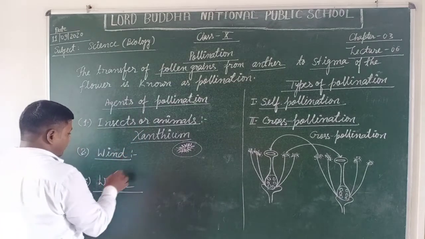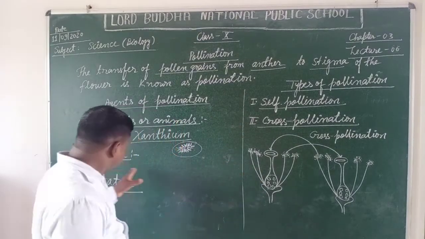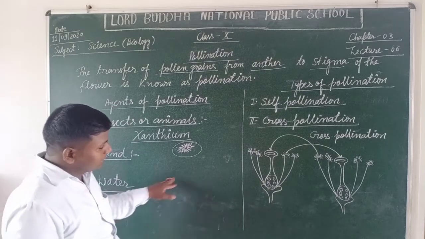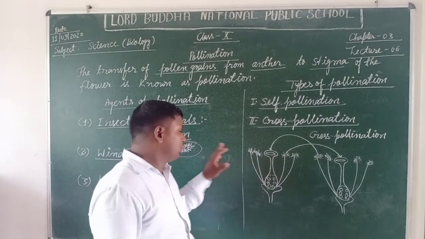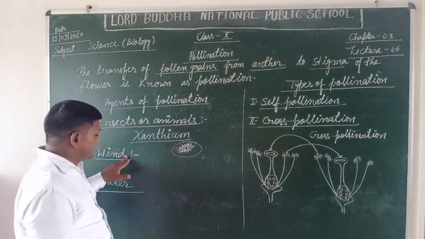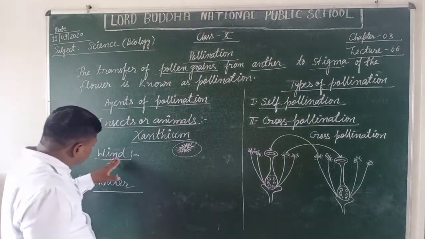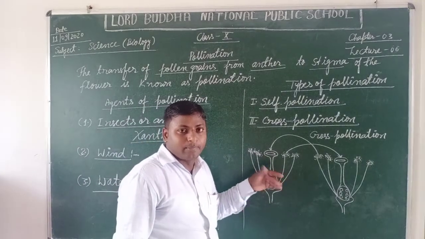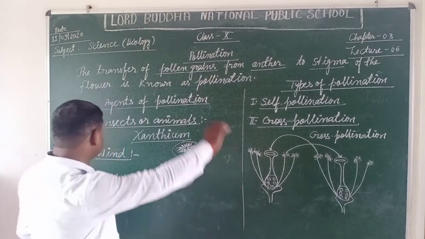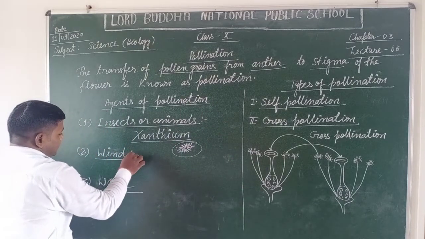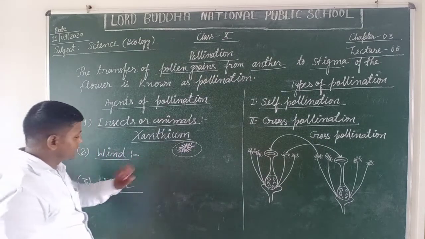This is the reason why animals are also helpful in transferring gametes from one region to another. Now students, winds. The blowing winds carry away these dust-like particles that are called pollen grains, and when they come in contact with the stigma of another flower, the pollen grains help in the process of fertilization. Thus, the wind is responsible for the process of cross pollination.